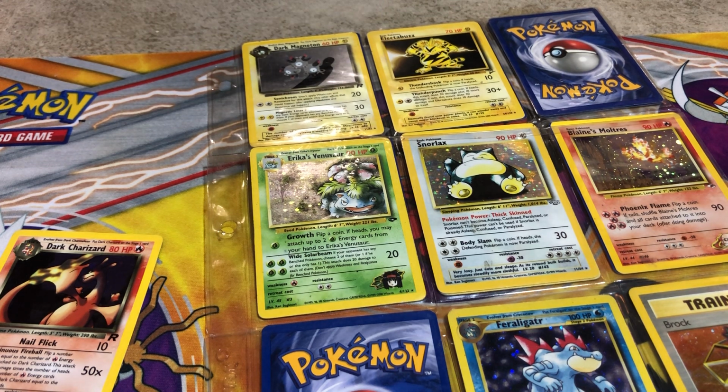We've been spending a little bit, but once that Shadowless Charizard sells and the Shadowless Blastoise sells, we'll be good to go. I've got a Mystery Cube coming in. Apparently this brand of Mystery Cubes wasn't a good brand. They apparently did a bad job on actually pulling through, but we'll see when it gets here, and we'll do a video on the Mystery Cube. And then I have another video right after this. It's technically going to count as my pack battle,